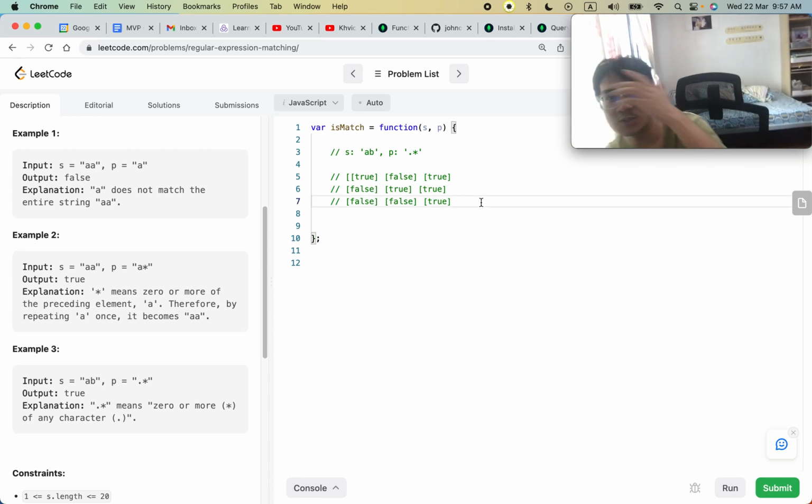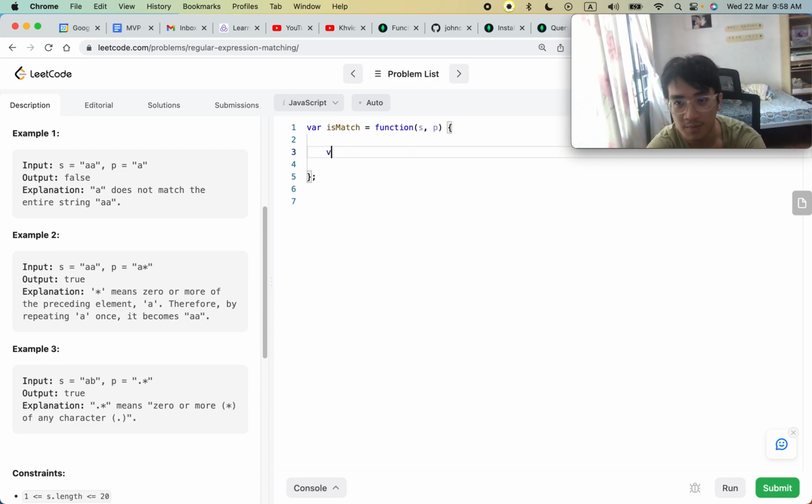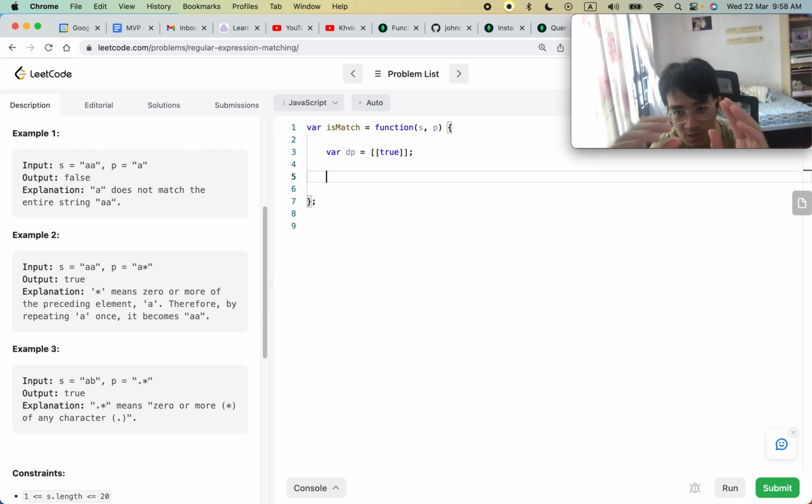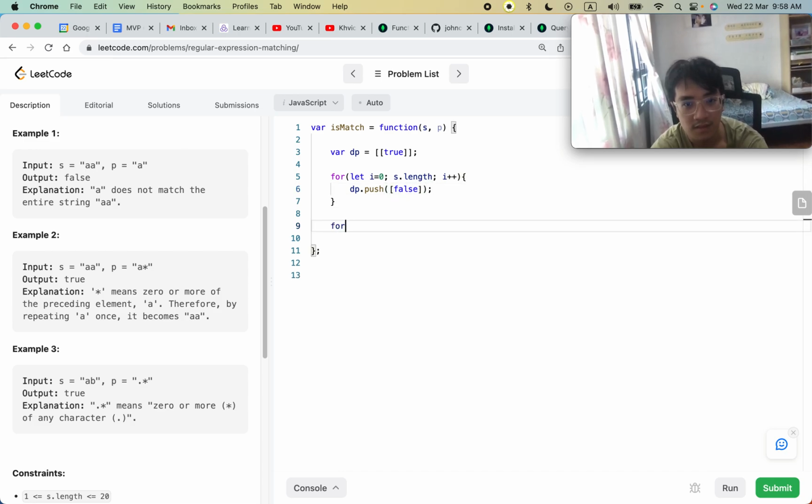I spent 11 minutes going through 2 examples, and I hope that illustrated it better. So now we're gonna code it up real quick. So again, empty string, so we're gonna start with 2 empty strings is true. Now we're gonna loop through S, and basically for S we will add dp.push false. Okay, then now we're gonna loop through P, and basically if P at position I equals to an asterisk,